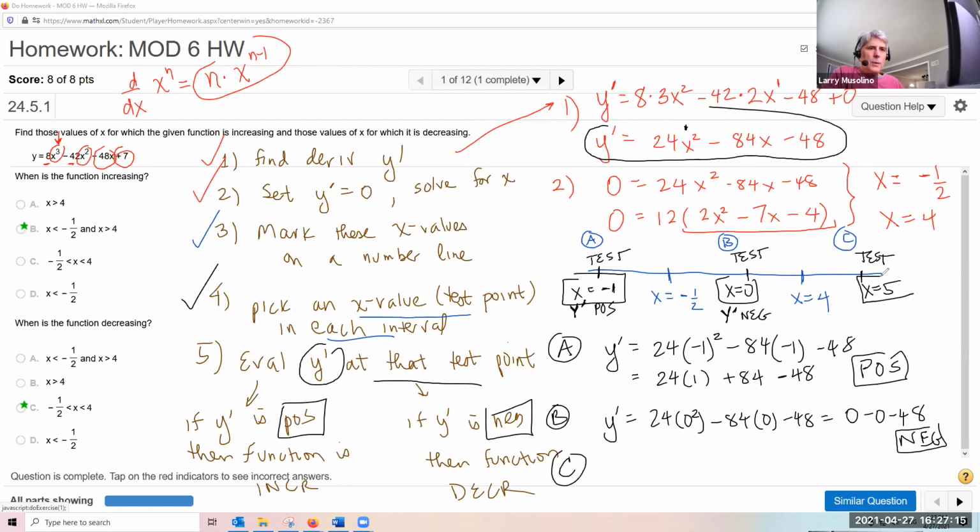I'm going to evaluate when x equals 5. This is going to be 24 times 5 squared minus 84 times 5 minus 48. This is 24 times 25 minus 84 times 5. This is 420 minus 48. And when I work this out on my calculator,